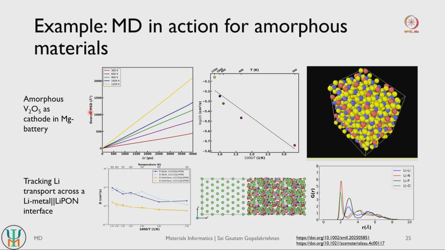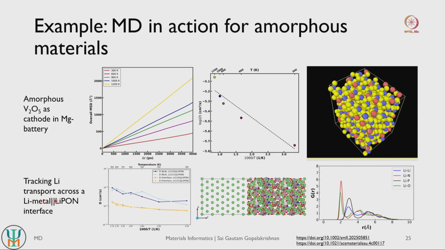So think of these as delta r squared, right, as a function of time steps delta t. Basically the slopes here represent your diffusivities, which are indicated here, and we see that diffusivities can actually vary as a function of temperature. So we have done simulations across different temperatures, taken the slopes to get diffusivities as a function of temperature, and this is the kind of trajectory evolution that you can expect to see in a molecular dynamics simulation. So you see that atoms are slowly moving across as a function of time, right.